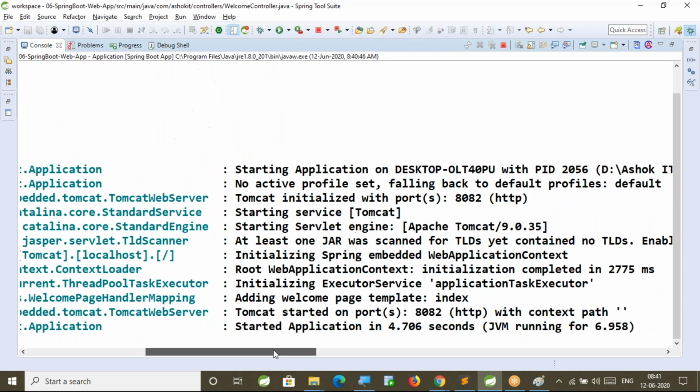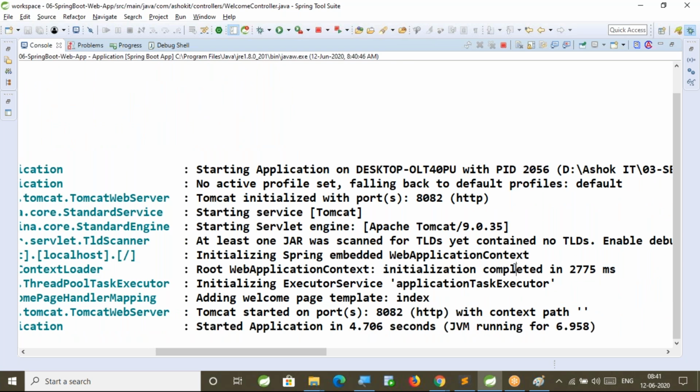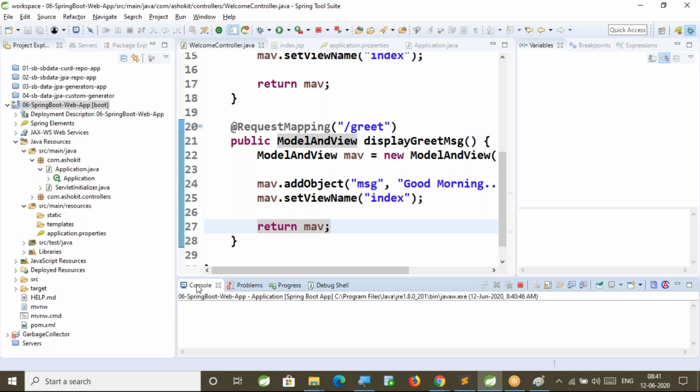See the console. Application started with a Tomcat. Port number it is considering as 8082 because we configured the port number as 8082. Perfect. Clear this console. Now my console is empty.